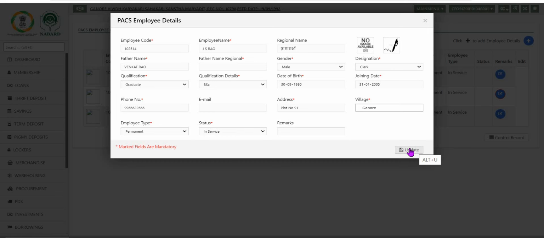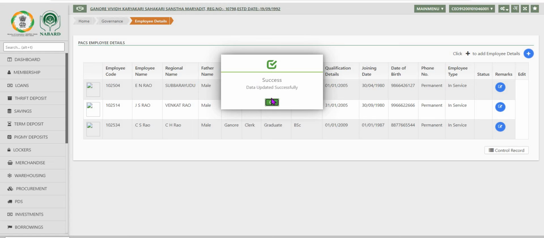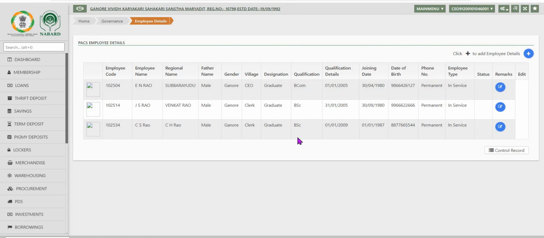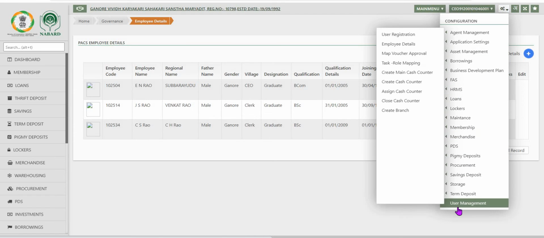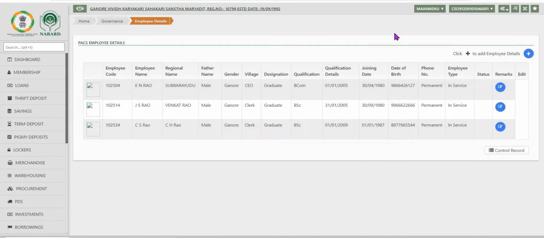And after entering all the details, click on the save button. Successful. So the added records will be displayed here. Once adding all the employees in the PACS is completed, the next step is to go back to the user management